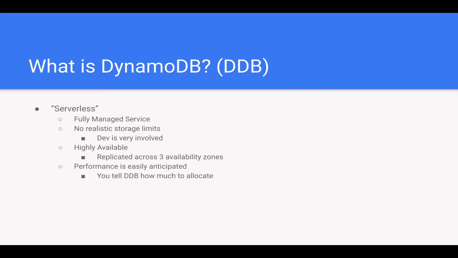Meanwhile, because SQL engines have to basically have an n log n sort for a lot of queries, even if those queries are optimized, they're going to go up as your data increases. That's how things work. So performance being easily anticipated, you know you're going to get the same performance no matter what scale it is, pretty rad. And you can tell Dynamo how much to actually allocate for